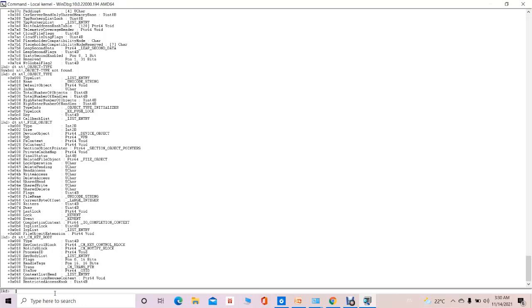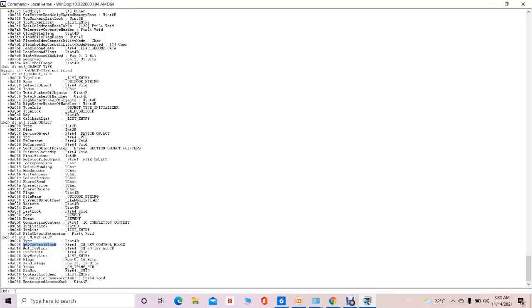In this we can have various fields, like the key control block, which itself is a data structure. The key control block structure has its own forensic importance, because we can come to know how many times, and at what times, a particular registry key has been used by a particular running process.